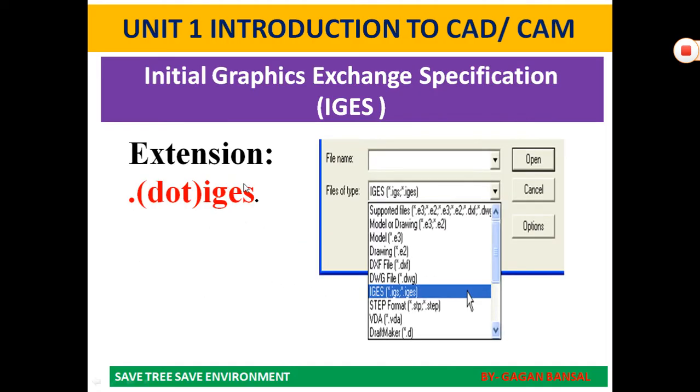As you can see in this figure, the extension is .IGES and sometimes it is written as .IGS. So if you have made any drawing or drafting in your particular CAD tool, while transferring it to another system, it is better to save it in IGES format. But this is applicable basically for surface drawings, which we will be studying after studying the STEP extension.